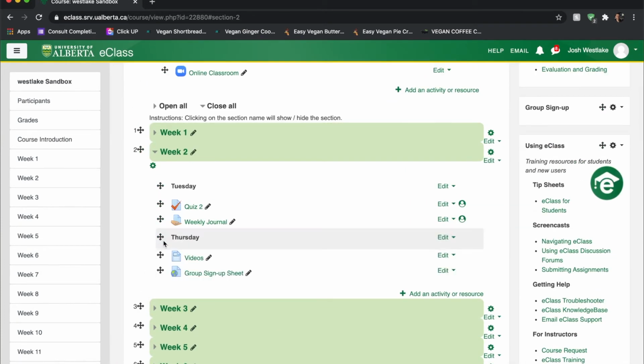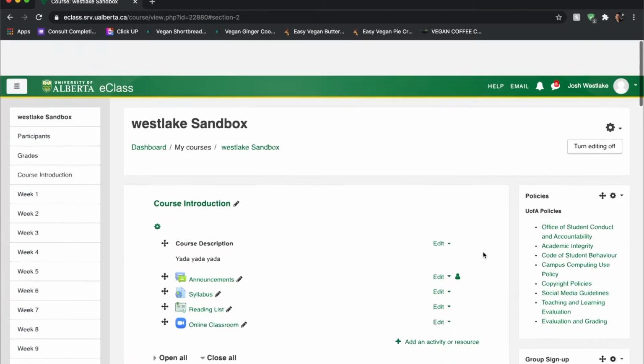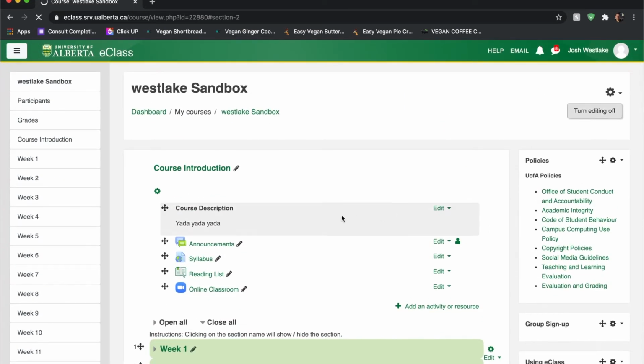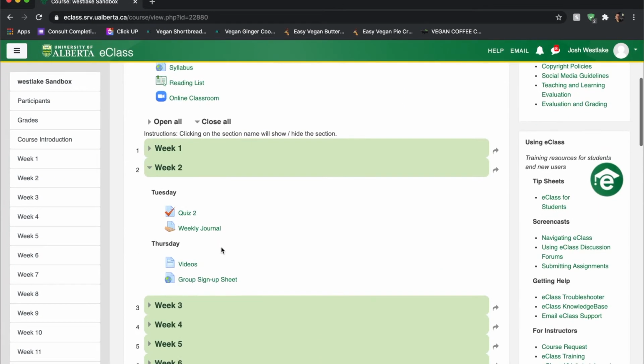And then what's also nice is that if you want, you can actually indent some of these items to the right underneath these labels just to make things even more clear. So if I click the edit button here next to my quiz and move to the right, do the same thing for these other items here. Now if I turn editing off, you'll see, this will be kind of what it looks like for the students. Everything is very nicely organized. It's very neat. So I'd recommend playing around with labels.